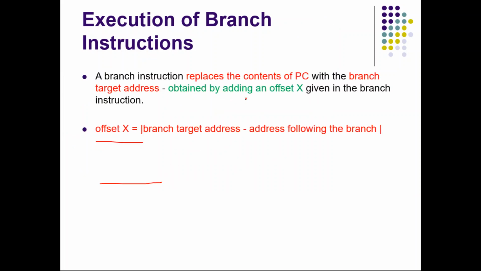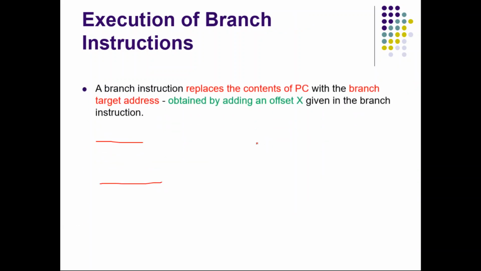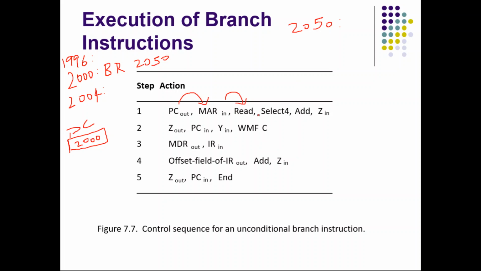If you see the previous diagram, PC contains 2000. We are saying PC out, so it goes to the internal bus, so the internal bus will hold 2000. Again you are saying MAR in, so this will go to MAR, so MAR will hold 2000. Then you are telling read, which means the content of memory location 2000 should be read and moved to MDR. But it will take some time, because memory is not a part of the processor, it is external to the processor, so it may take more than one clock cycle. So meanwhile something else can be done.